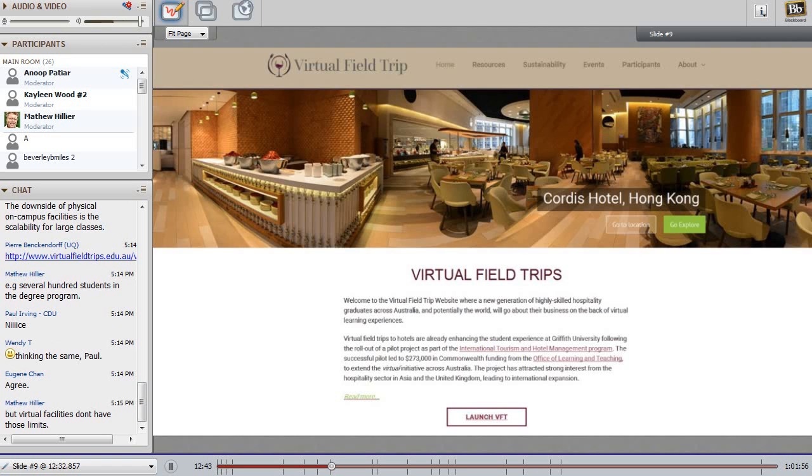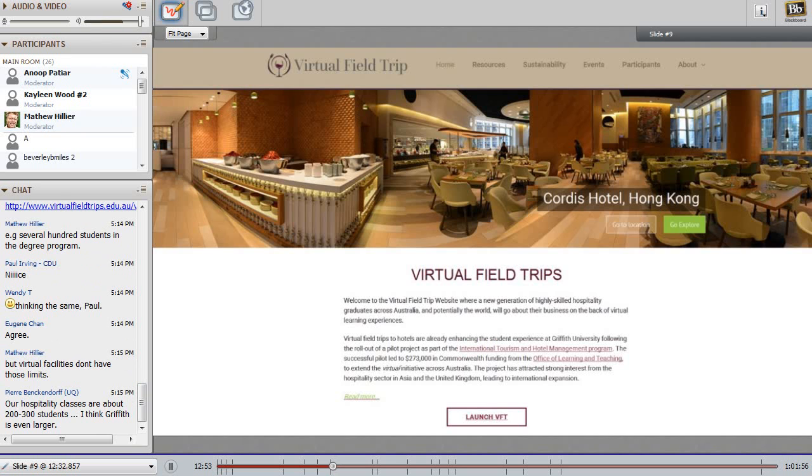The students really like that, because even in lecture theaters where you have 100, 200 students sitting, you can get them to take their smartphones out, and they simply log on and they are in the virtual environment.